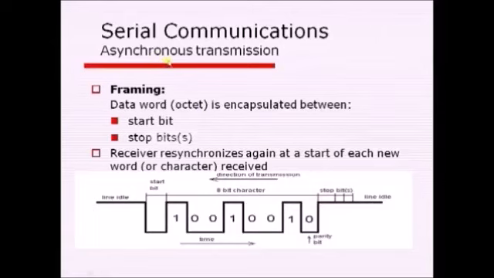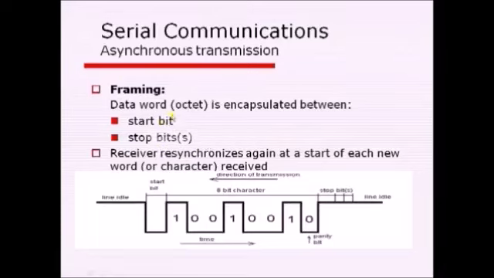Now we'll see how asynchronous transmission goes on, how data or a character is transmitted. In asynchronous transmission, character by character is transmitted, and every character goes through one process called framing, and the output of this process is called a frame. In this framing process, each and every character is added with some additional bits. They are the start bit, the stop bit, and one optional bit, the parity bit.